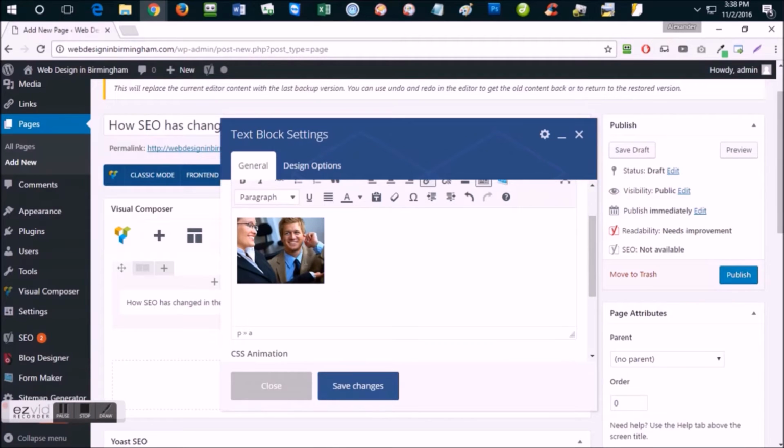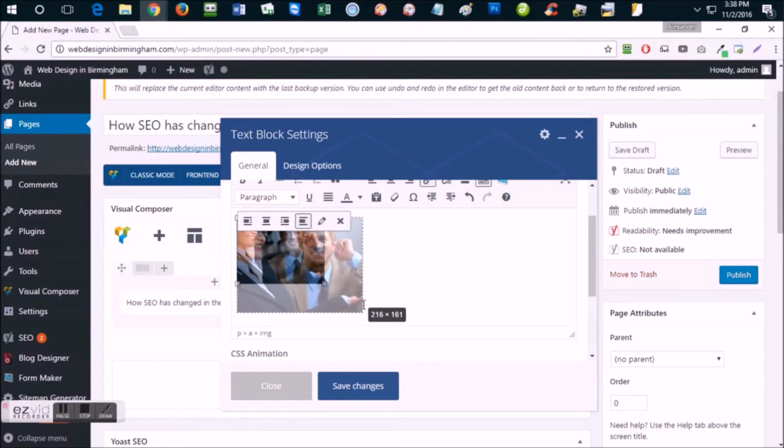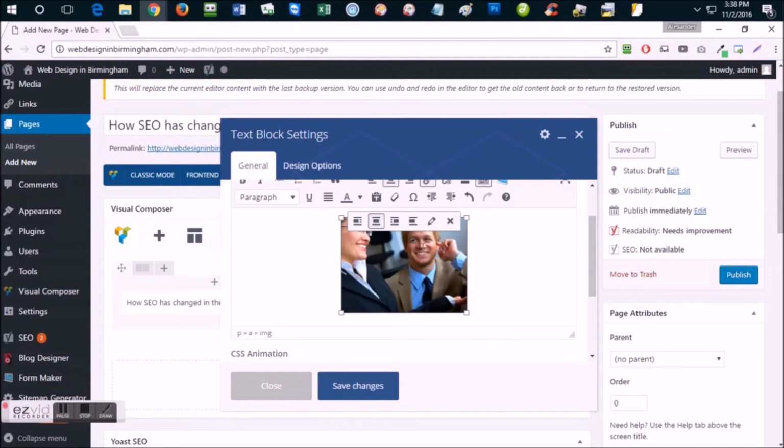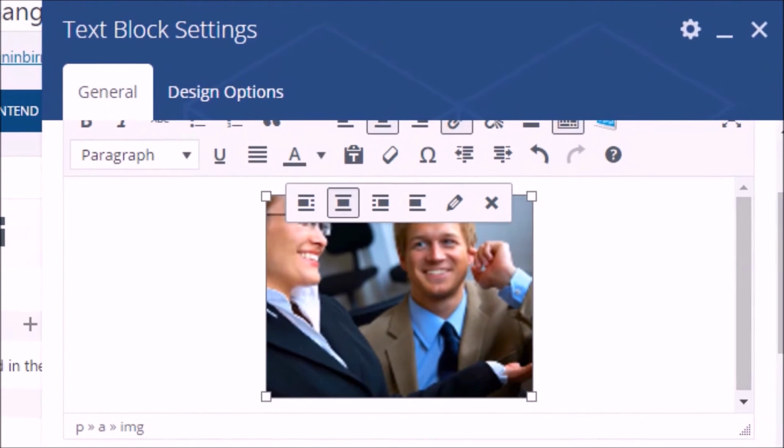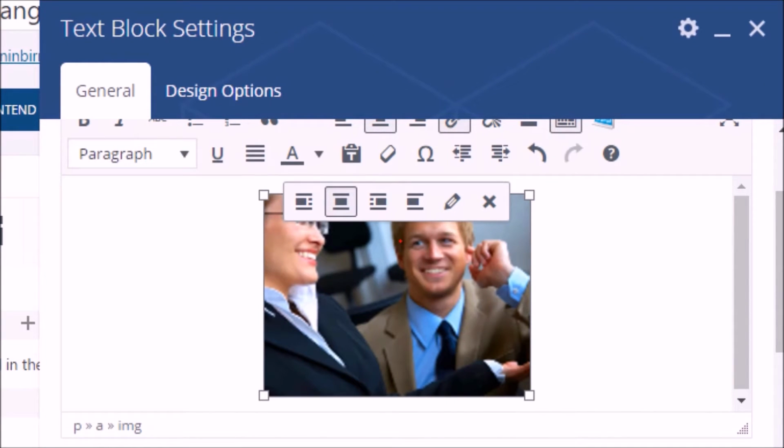You can make your images larger. You can align them in center, in the left, in the right section, whichever way you prefer. You can always add links to your image so that when people click on your image, they go to a different page. You can definitely experiment with different alignments of images. Like the center one would make your content below, above the image, and the image would be in the center. Right here,